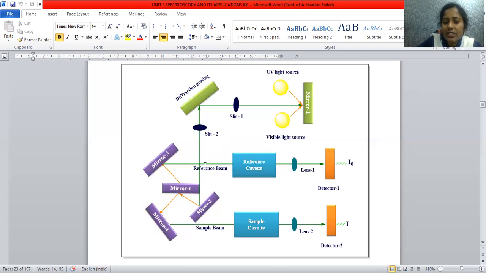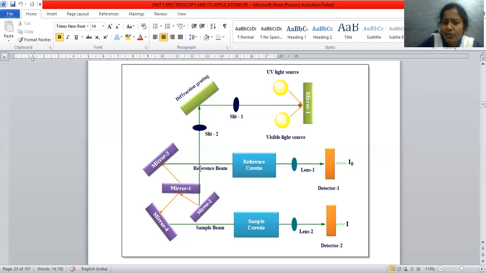This compresses the light again, and another mirror reflects the light. Here we have a prism that splits the single beam of light into two beams of equal intensity. These two beams are reflected by mirror 3 and mirror 4.